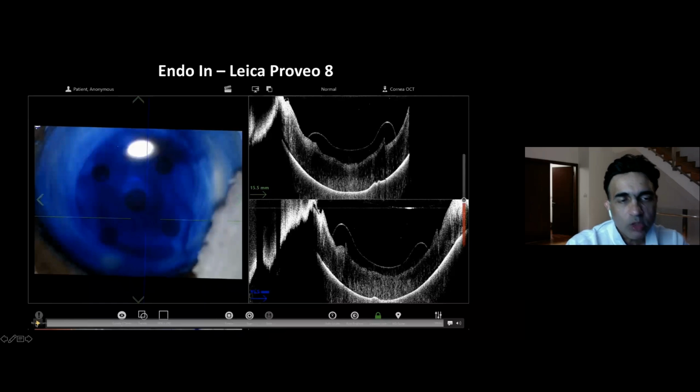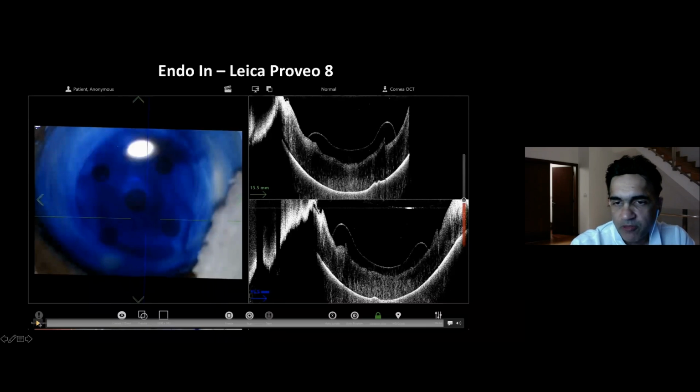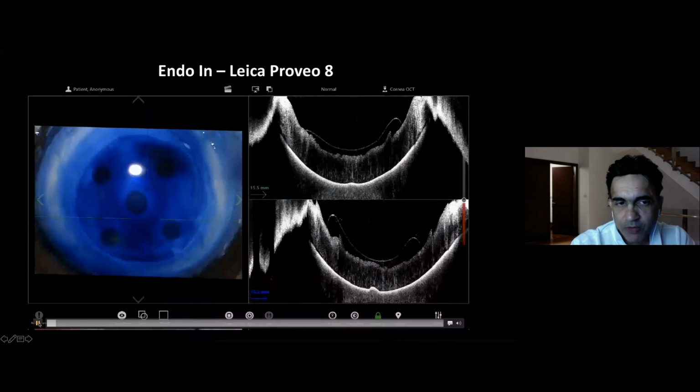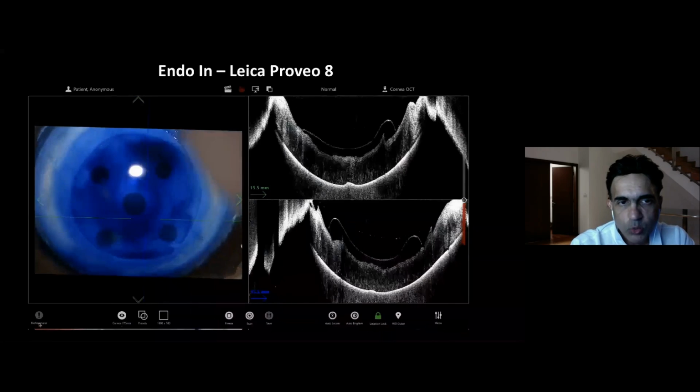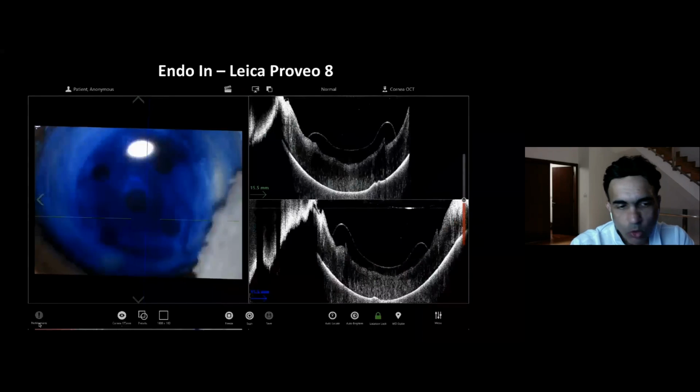Now, what I showed you on the video was that the next bit of endothelial insertion is flipping the graft. And a lot of people ask me, how much fluid do you put in when you're doing the flipping of the graft itself? Because it's difficult to quantify this. So what you can see is that I'm soaking up the excess fluid on the surface. And if you watch the OCT,